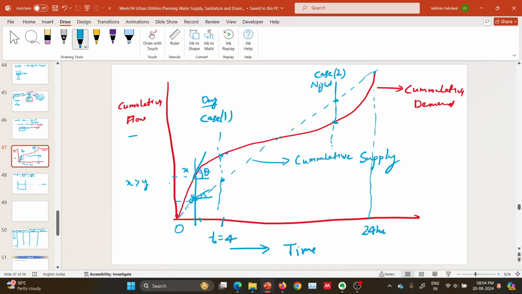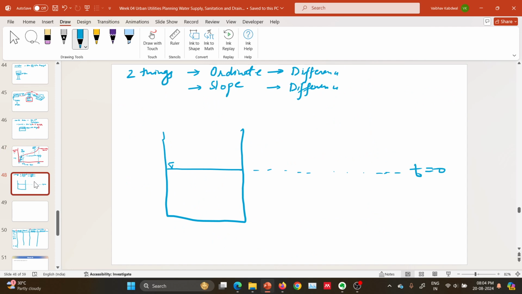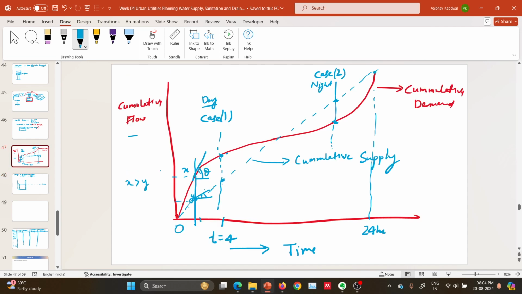So at this level, and if you see the slope also, the slope at this instant of demand is more. If the slope is more, when the rate of demand is more, then this will go down. So it will go down, and if you see in this phase,